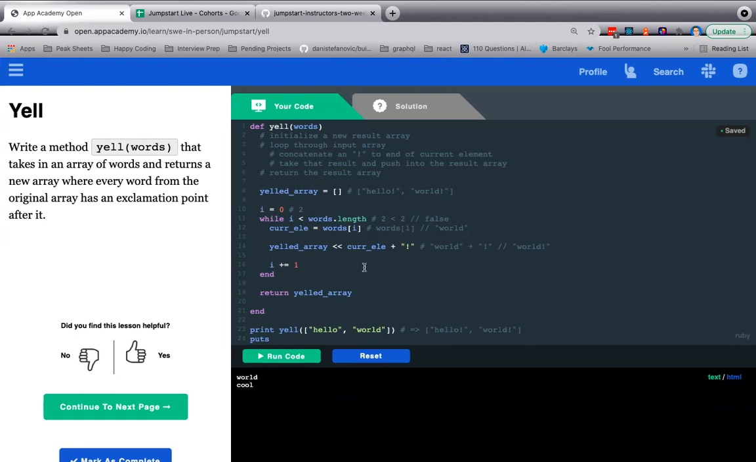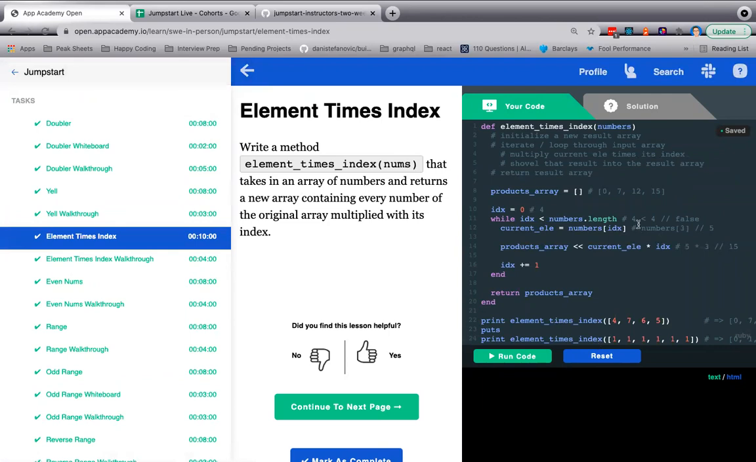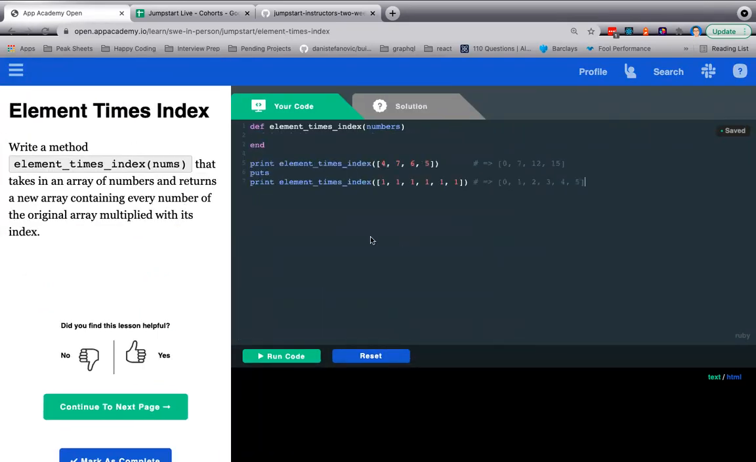Yep, no problem. Cool. The second question that they want us to go over is the element times the index. So I'm going to go ahead and do this. So with the three-step approach again, step one, read and understand the question at hand. Number two, come up with the plan. Number three, implement the plan, right? So step one,